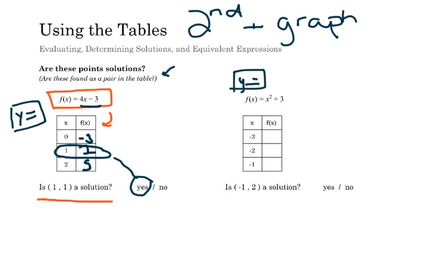As a gentle reminder, to get x squared, you need to press the button with x, and then the x squared button. Okay. So that table looks like